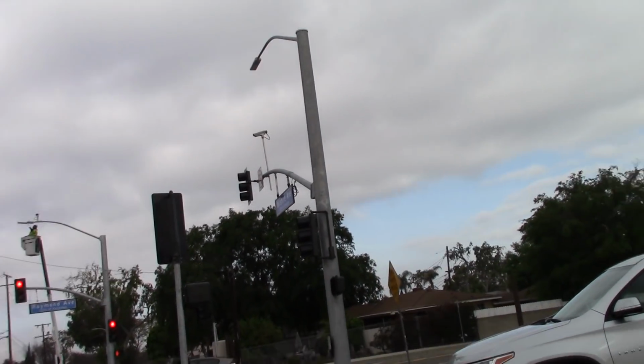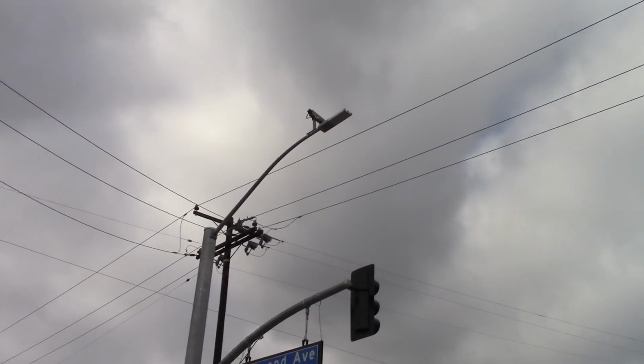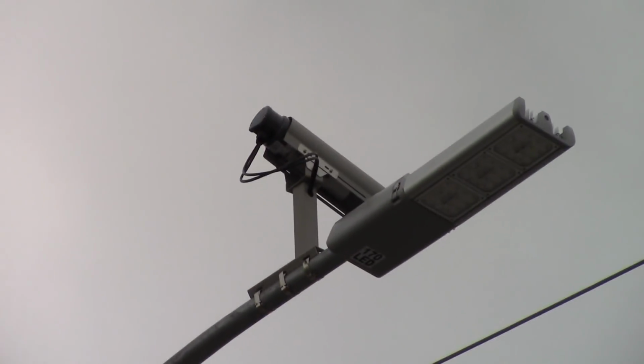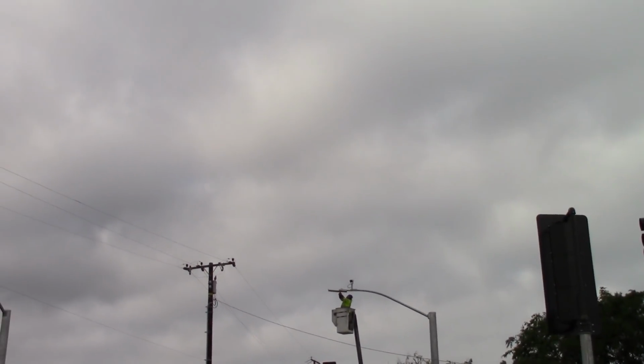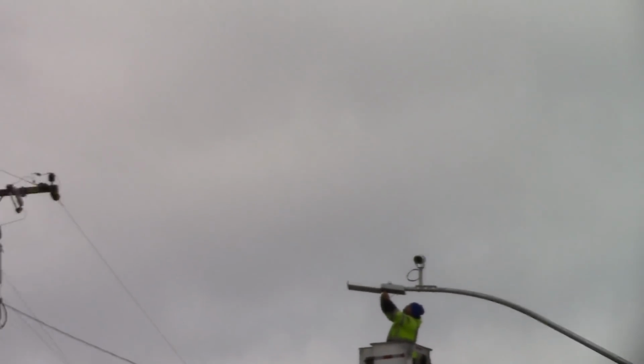So I want to show you something that is of extreme concern to me, and that is the police state's apparatus, folks. What we've got here is an LED street light and a camera. This is on Raymond Avenue in Fullerton, California. Right now we have a technician installing part of the surveillance matrix, ladies and gentlemen. We're going to analyze what's inside there, but I wanted to show you, in addition to that, what we have